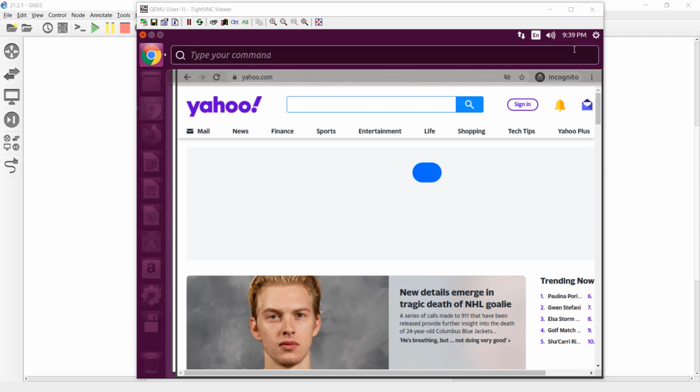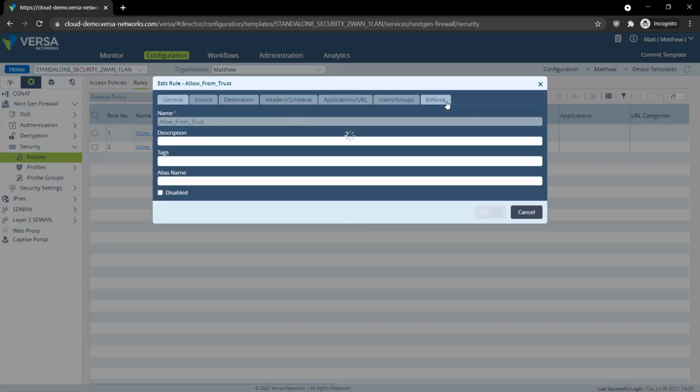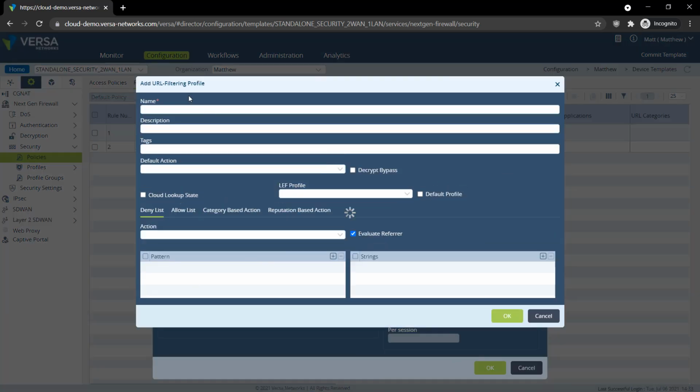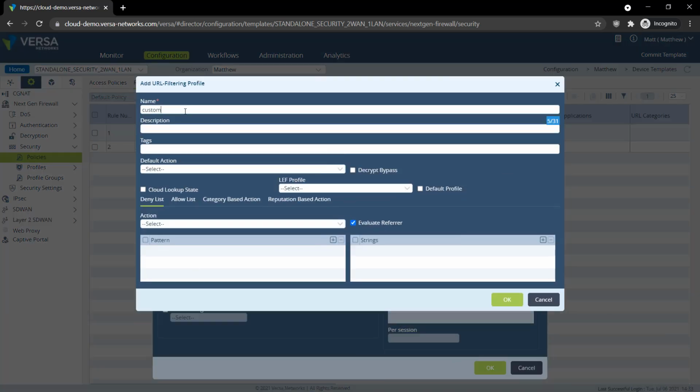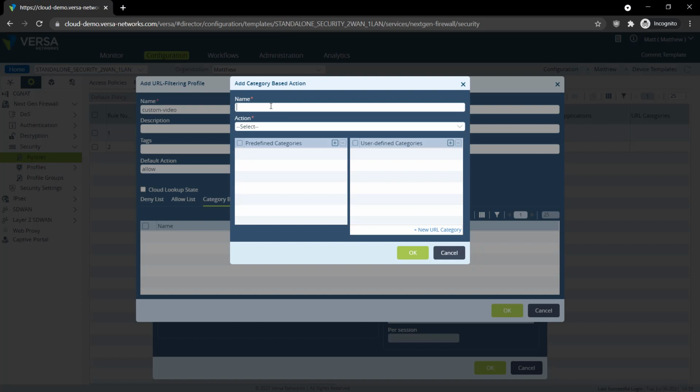Now let's try to create some custom actions. For example, in the same allow from trust rule, instead of using one of the predefined URL filtering profiles, we're going to create our own. So here's the button, add new. And this is going to be a custom video profile. By default, we're going to set the action to allow all the traffic. And we're also going to go in the category-based action. And here we're going to add a couple of categories. So for example, first of them is going to be